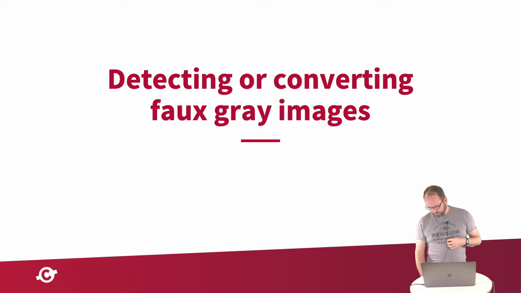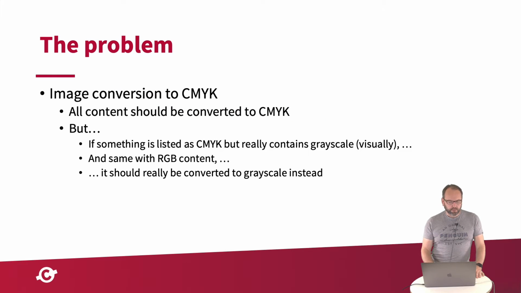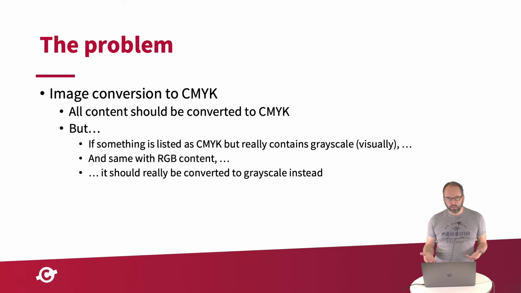So this is about images, and specifically images, although in theory it could be applicable to other objects as well. But the question usually comes up when people talk about converting images. And the question is, if you have a conversion of a PDF file and you want to convert a whole file to CMYK,